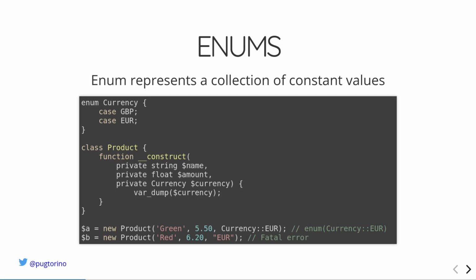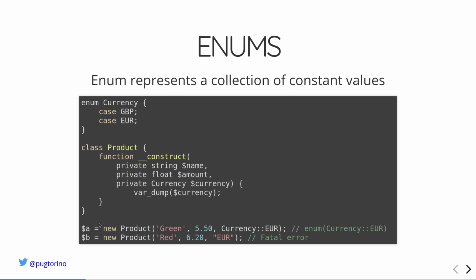So as I said, we have three parameters: the name, the amount, that is a float, and the last one is a currency. As you can see, currency, that is actually an enum, is basically like a class. It's the same. In fact, internally it has been implemented using a class. So the currency internally in the PHP engine itself is managed by a special class. Anyway, the syntax is similar to a class, so you specify the type of the enum here and the variable. And there is just a simple var dump of the currency here.